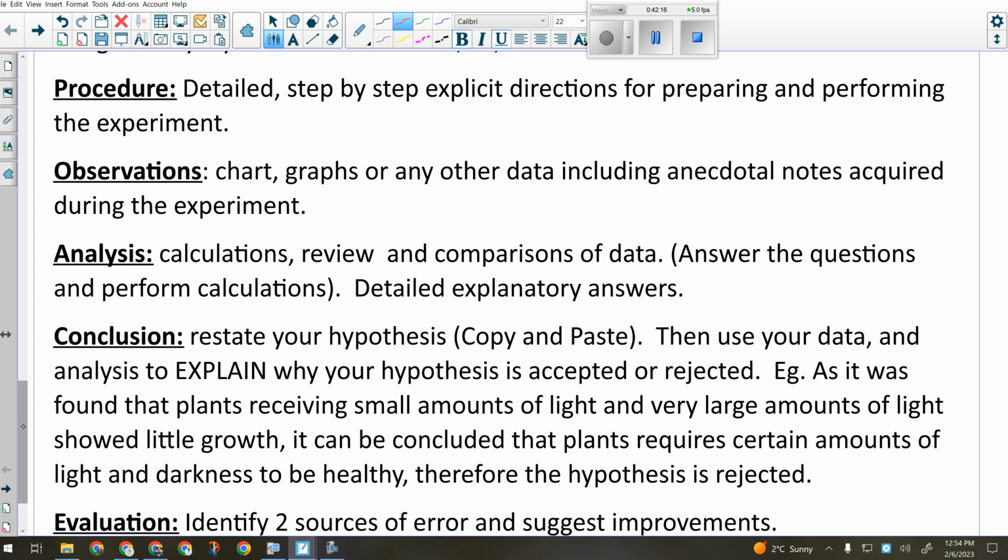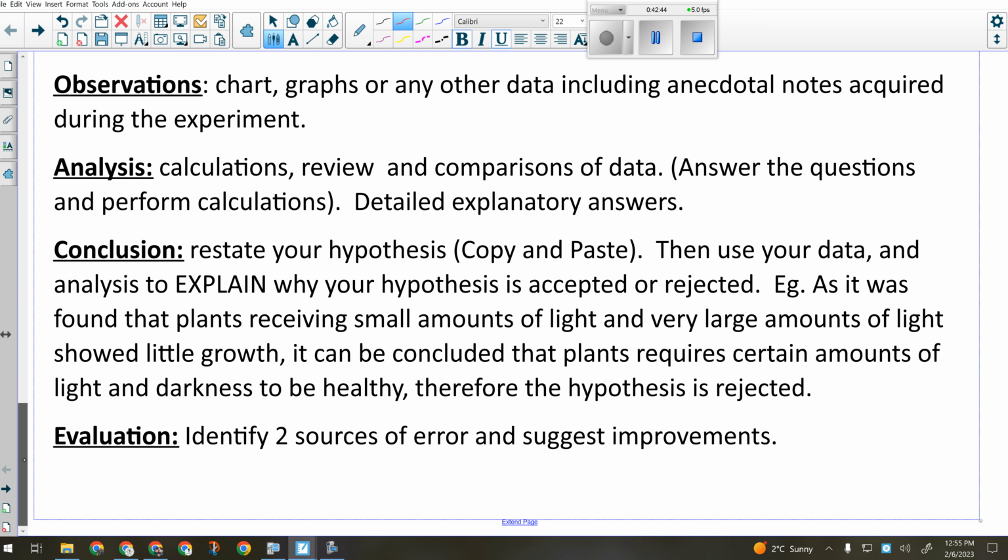Okay, so for you guys, on a lab report, what you would do with the conclusion is you would copy and paste your hypothesis from the beginning, just copy and paste it, and then tell me, this is the data, this is what it said, this is supported or not supported. Okay, that's your explanation. Your explanation is, this is what the data is, this is what the data says, and now I can accept or reject. Okay. And then the last thing you have to do in a lab report is identify 2 sources of error